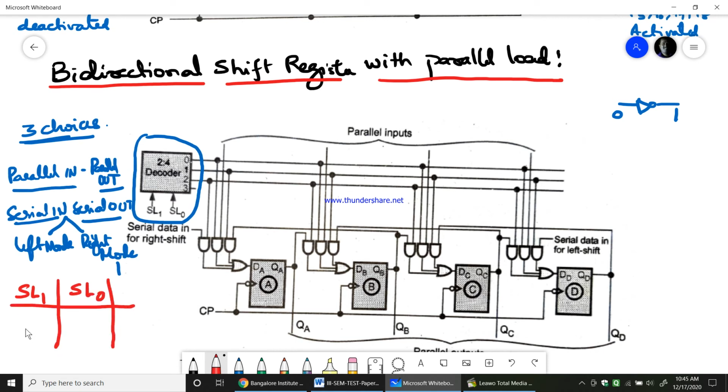Now, if SL1 and SL0 are 0, 0, then the process we are working on is parallel in, parallel out. Now if SL1 and SL0 is 0 1, then it works on